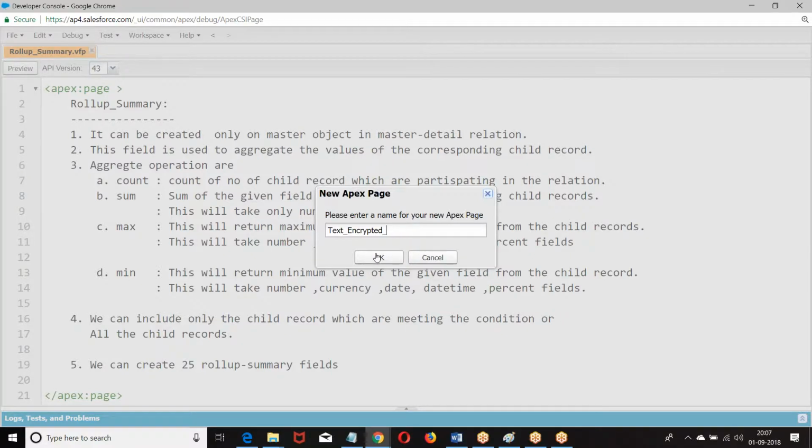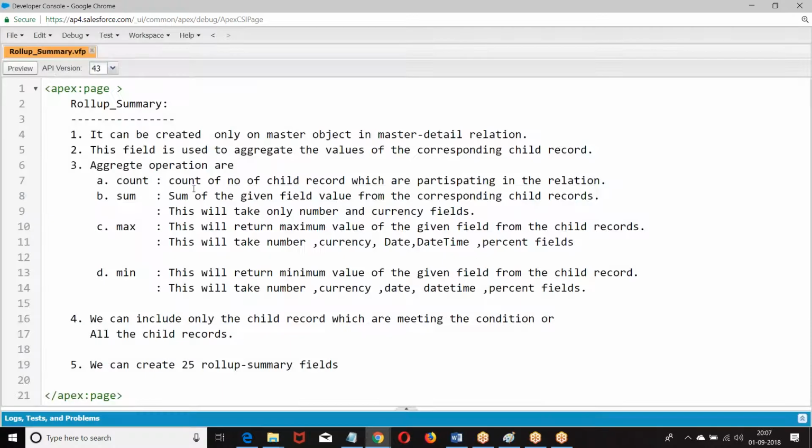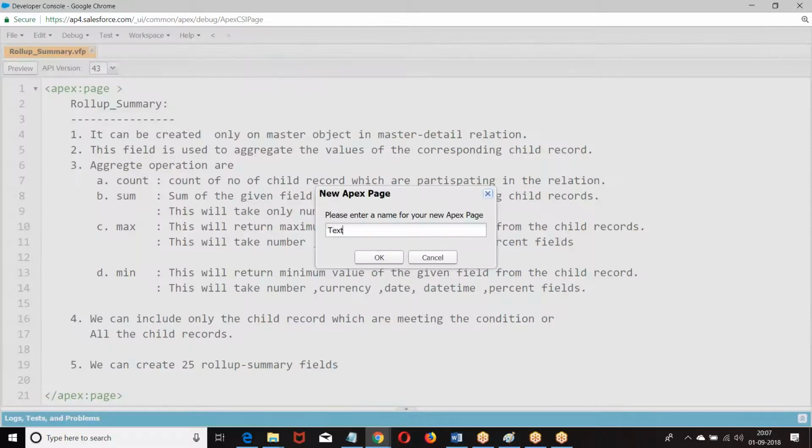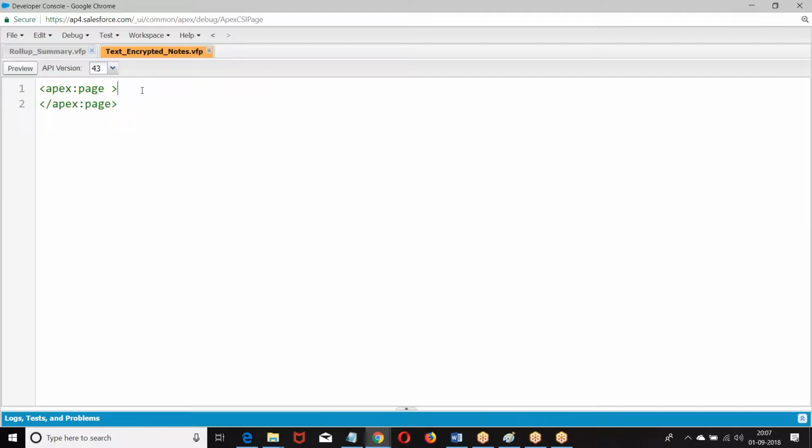Text encrypted. What was this? This is a data type of a field.